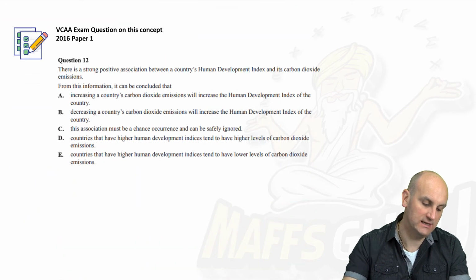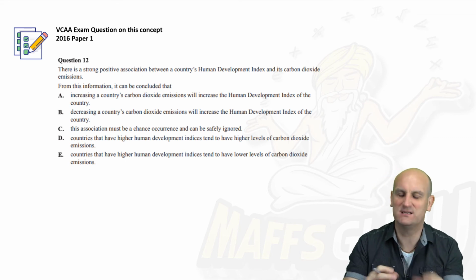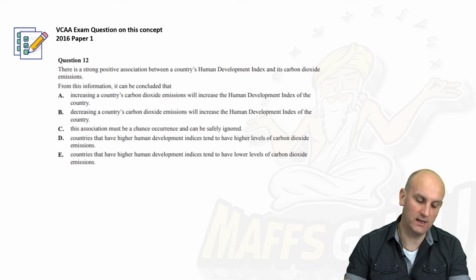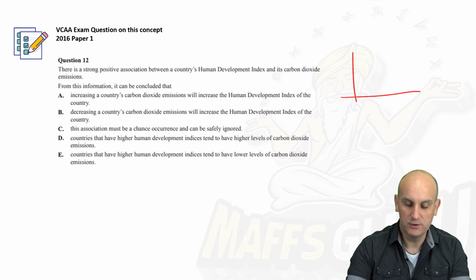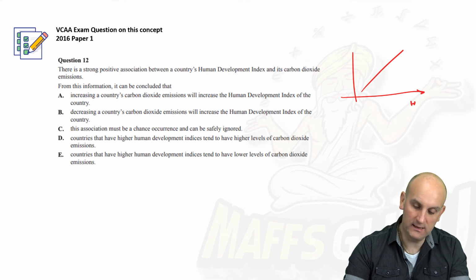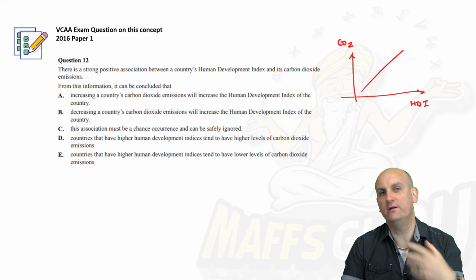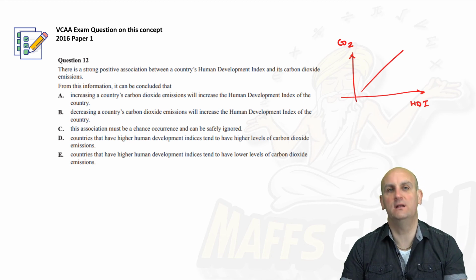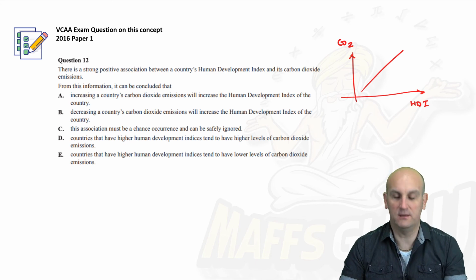Now, there's not many actually in relation to this, but this one here I thought was an interesting question, not necessarily relevant to this. There is a strong positive association between a country's Human Development Index and its carbon dioxide emissions. So first things first, strong positive means it's probably going to be something along those lines. We have our Human Development Index and carbon dioxide emissions. Now, first things first, how did I know the Human Development Index went on my explanatory? A good guess, to be honest with you. It's highly unlikely that the more carbon dioxide we pump into the atmosphere, the higher or lower the Human Development